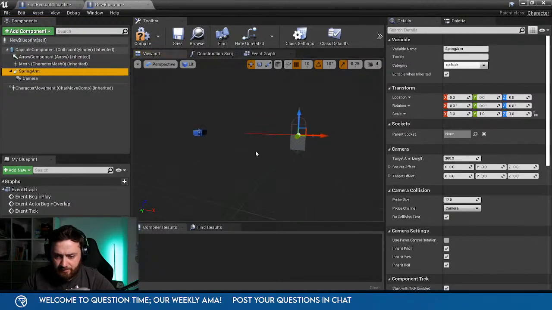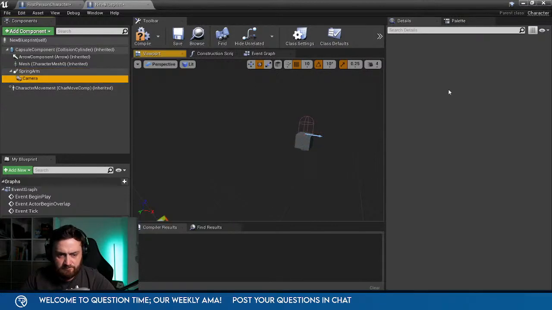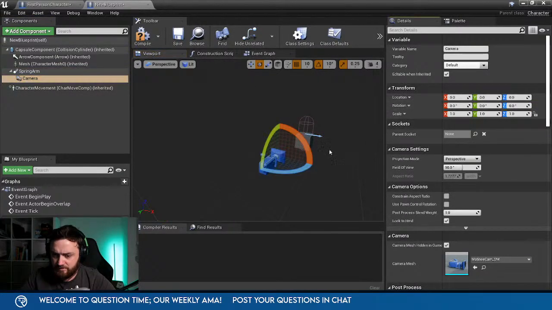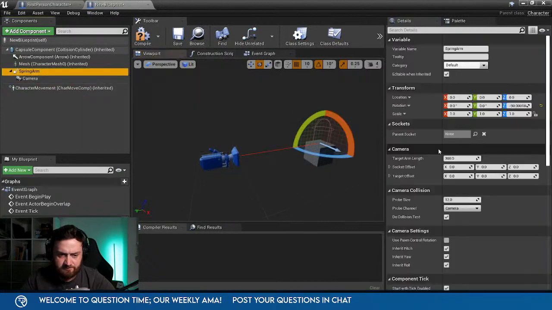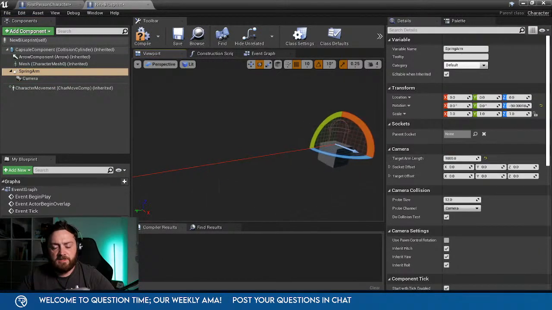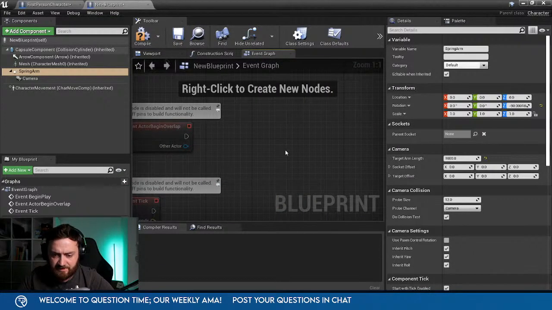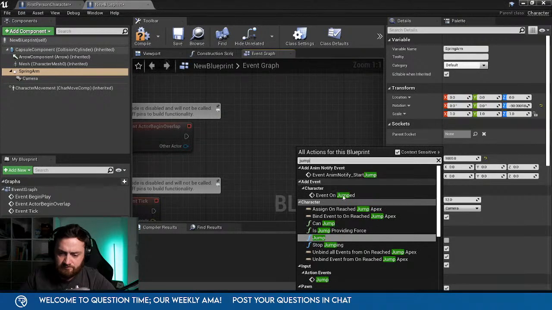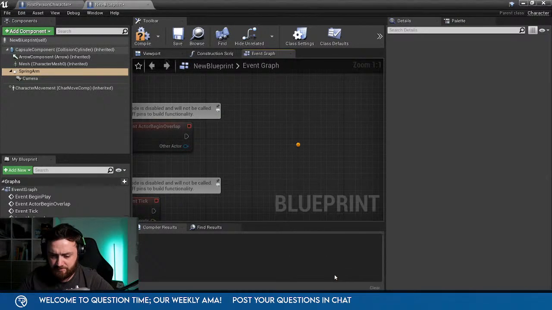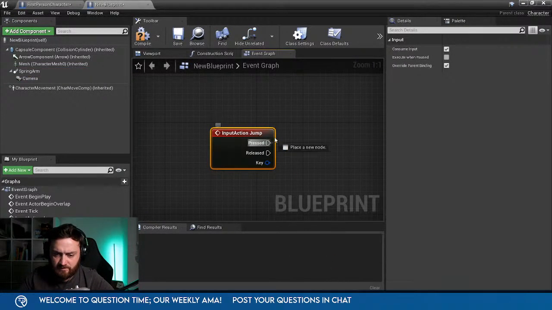Spring arm, we'll put it around the side. Camera position here, spring arm. Make it a bit longer. Okay, and we'll do a jump event in here. Jump. And we'll take to jump.